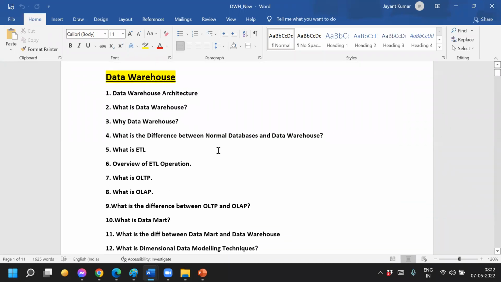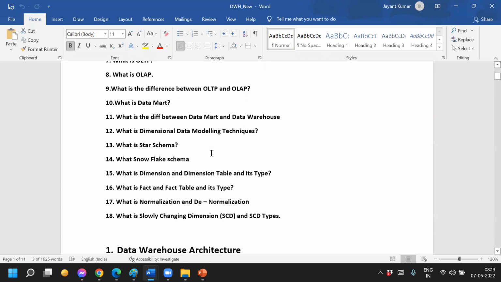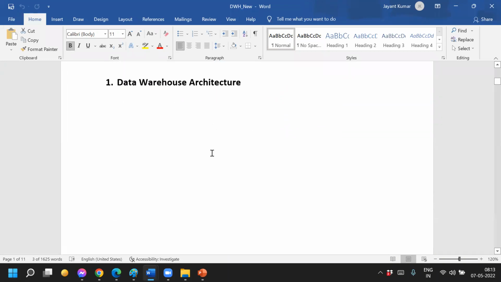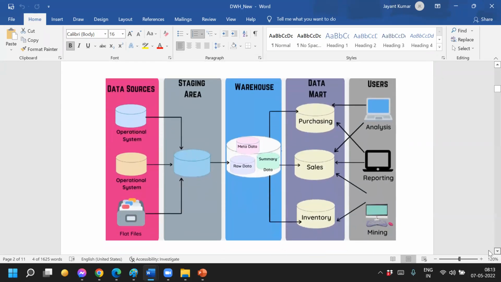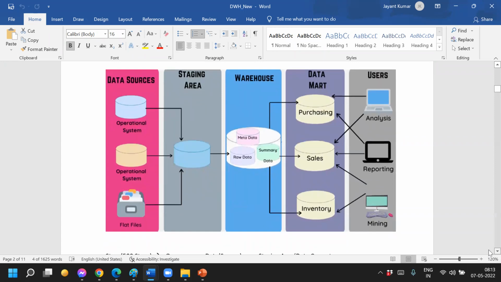So coming back to the data warehouse concept, the first thing we are going to learn is what is data warehouse, what is ETL testing and all. What is data warehouse? And our first topic is data warehouse architecture. How does our data warehouse architecture look? What are the ETL tools we are going to use? How are we going to get data from the source and all these things? So overall, this is the